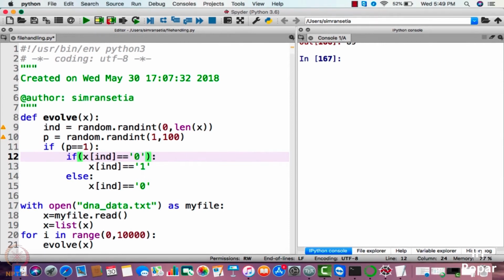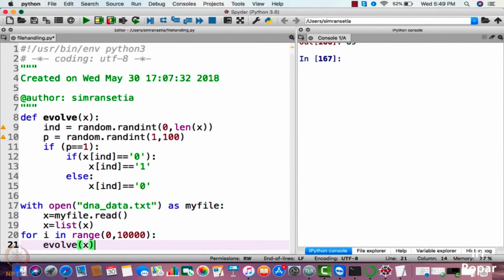If x at idx is equal to 0, then it will be changed to 1, otherwise it will be changed to 0. So first of all, it all depends on p. If the p that has been generated randomly here is equal to 1, then only the particular bit at position idx in x will be changed. This is how we are using the evolve function here.